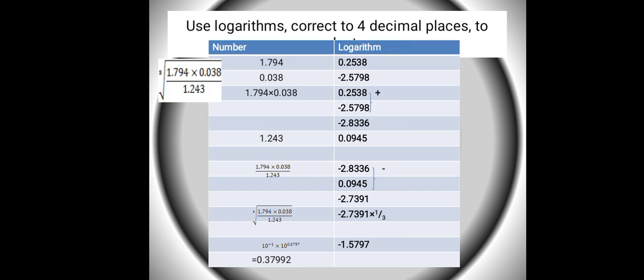Use logarithms correct to 4 decimal places to evaluate the cube root of 1.794 multiplied by 0.038 all over 1.243. The log of 1.794 is 0.2538. The log of 0.038 is 2.5798. Add the two, we get